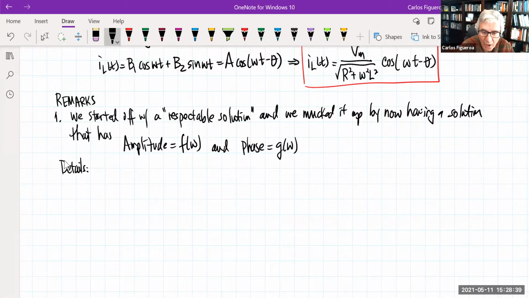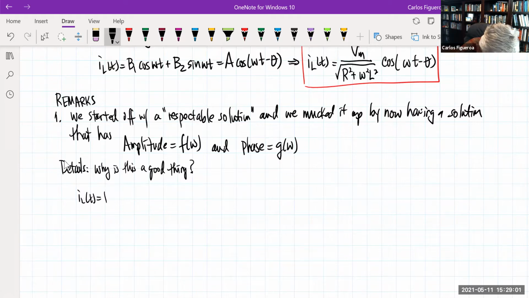Why do we want to do this here? So if I look at the details, why is this a good thing? Well, if we had really written the solution out, as in chapter 8, whether we like it or not,